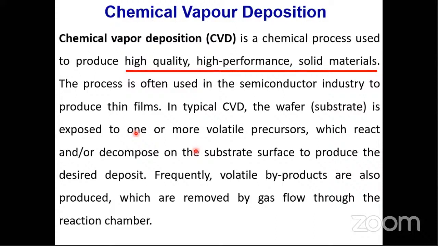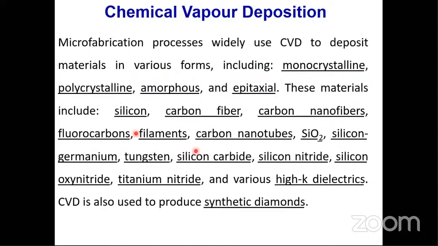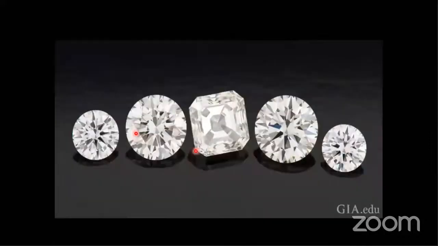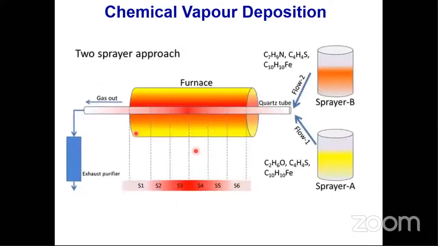So what is the chemical vapor deposition process? In this process, the precursors are taken in vapor form, and they are passed through a high temperature furnace in a reaction tube. And at high temperature, the reaction occurs in gaseous phase, whereas in earlier cases we have shown that the reaction occurs in liquid phase. Now the reaction will occur in gaseous phase, and we also require some flow of carrier gas like argon, etc.